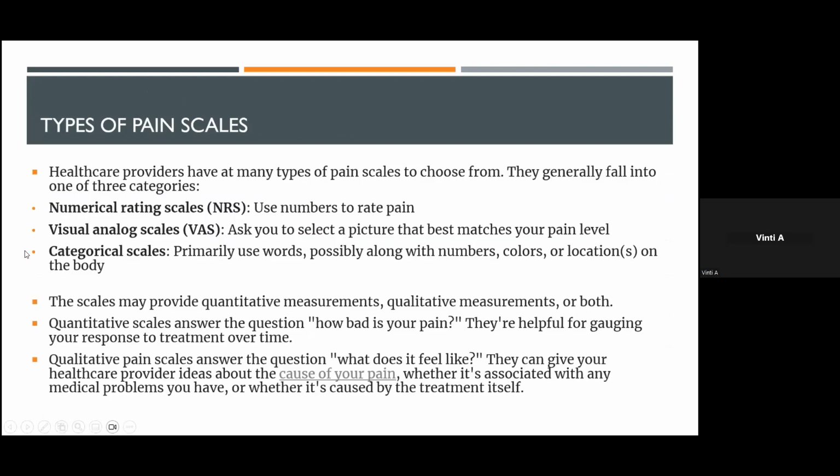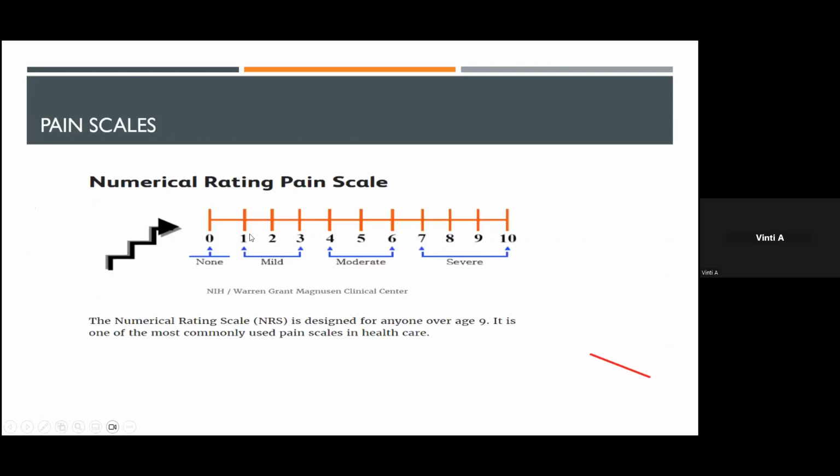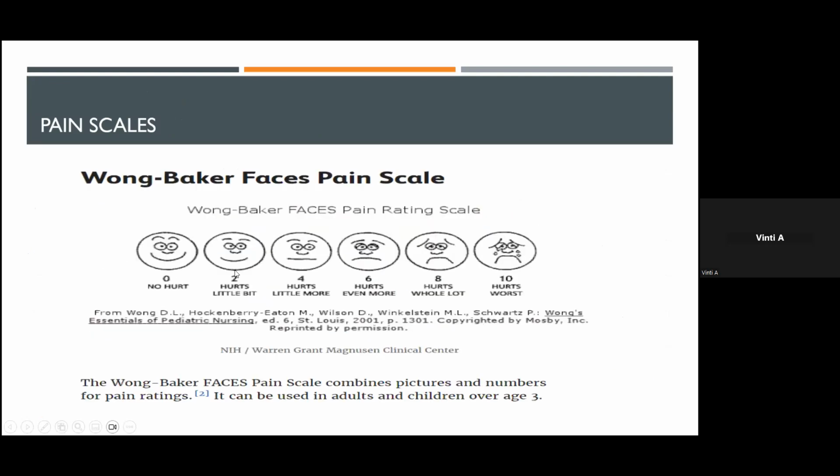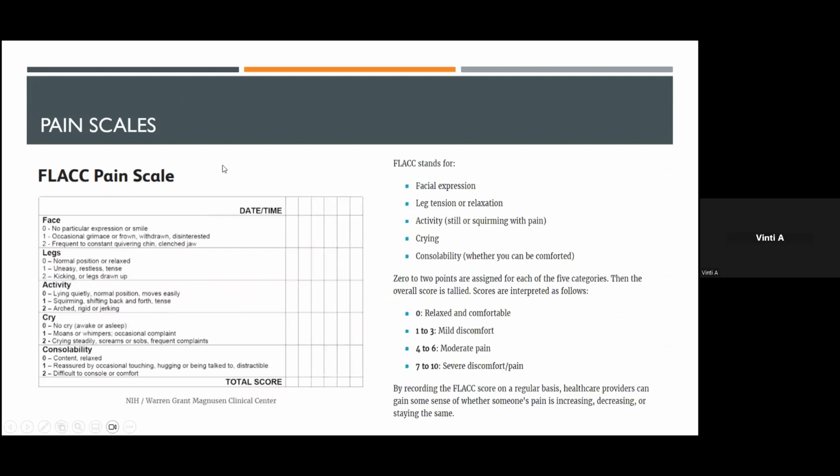Okay, I will not get into this. Okay, now these are some of the pain scales that I kind of worked out. Okay, these are pain scales. Okay, this is a pain scale